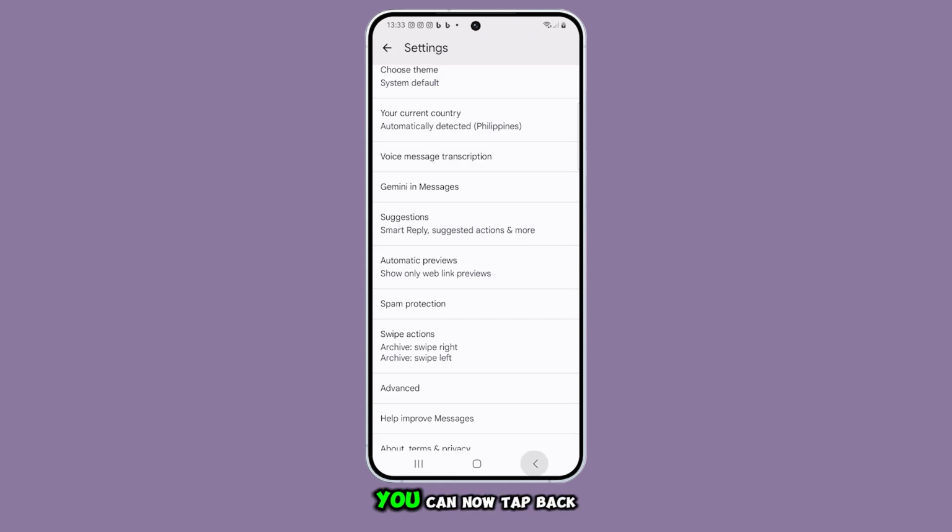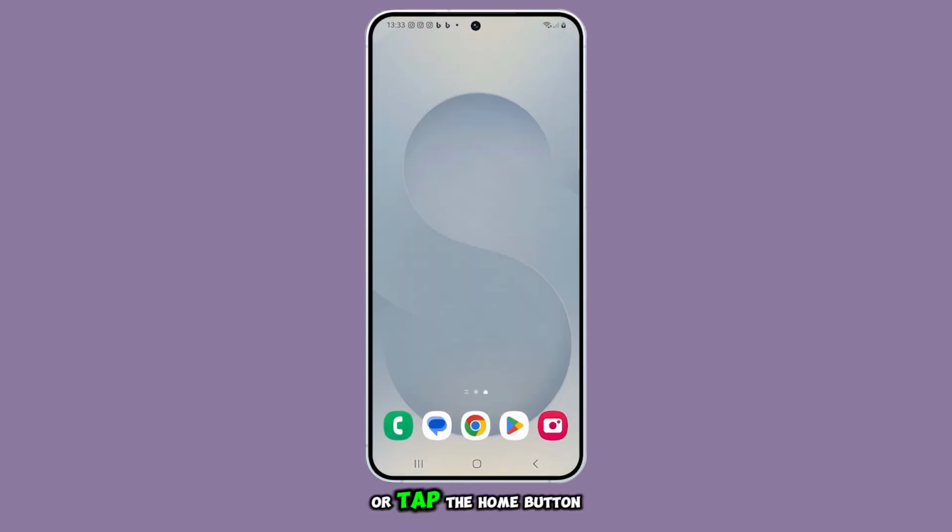And that's it. You can now tap back to return to Messages, or tap the Home button to go back